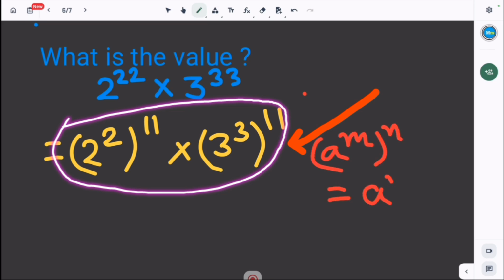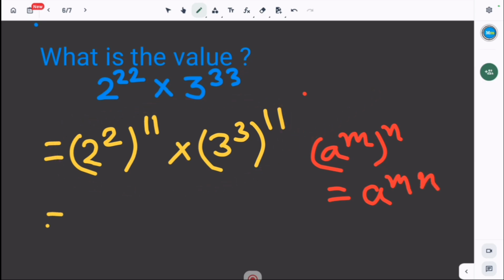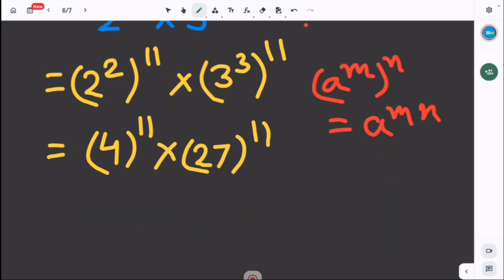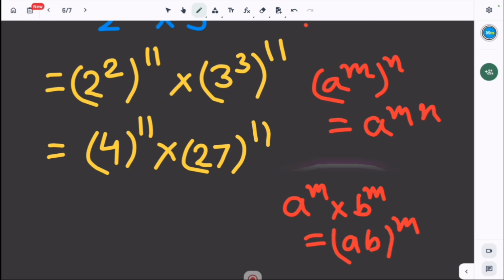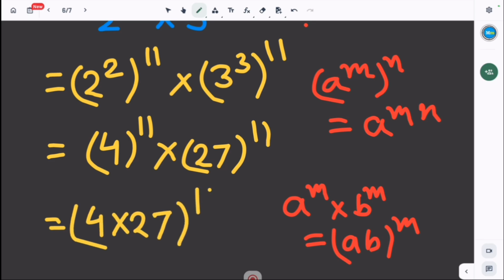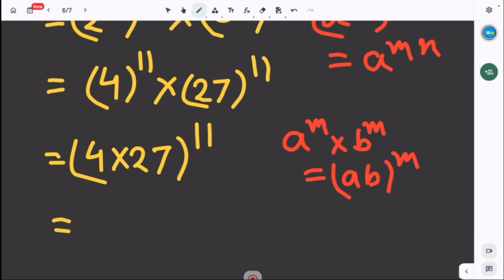equals a to the power mn. So this equals (2 to the power 2, which is 4) whole to the power 11 as it is, into (3 to the power 3, which is 27) whole to the power 11 as it is. So there is one more formula, that is a to the power m into b to the power m equals (ab) whole to the power m. Using this formula, we can write that (4 into 27) whole to the power 11 equals 4 into 27